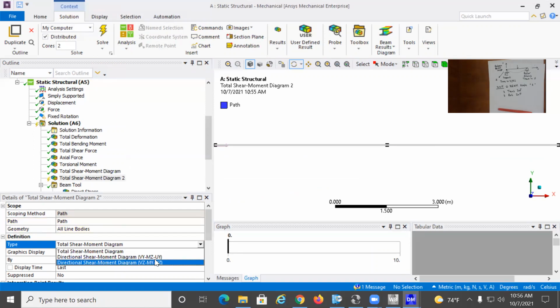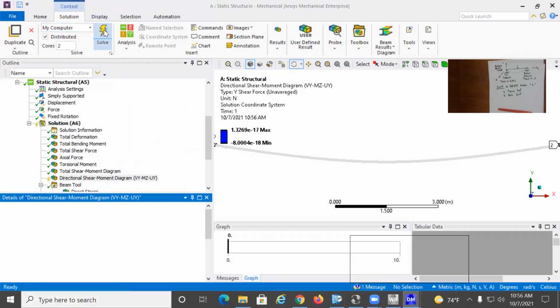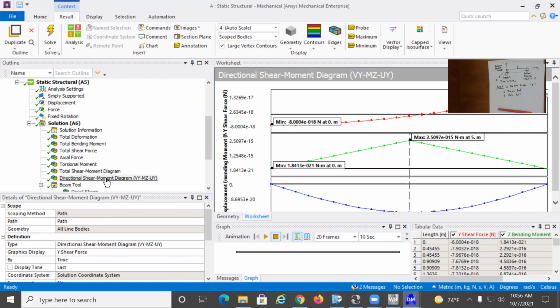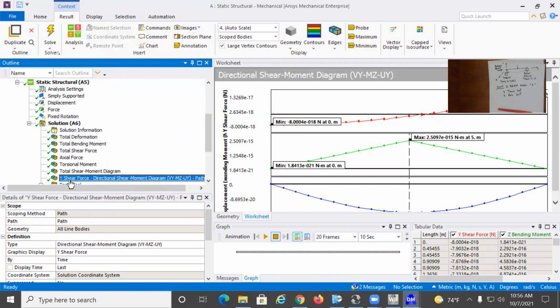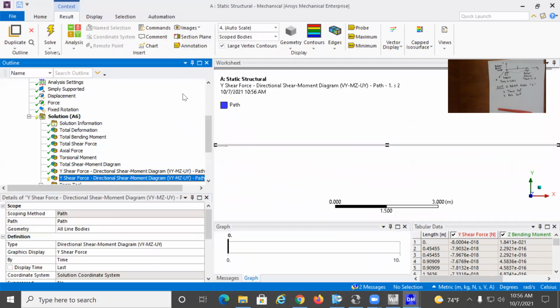But there is a bug in ANSYS, and sometimes it would flip them. So just make sure you verify your answers. So if I select this and solve for it, you see here clearly it is showing all zeros because of the fact that they are flipped. So if I come here and rename based on definition, this is Y shear force, and the Y shear force should not be zero. I'm going to show you that it's showing it in the wrong location, duplicate without results,